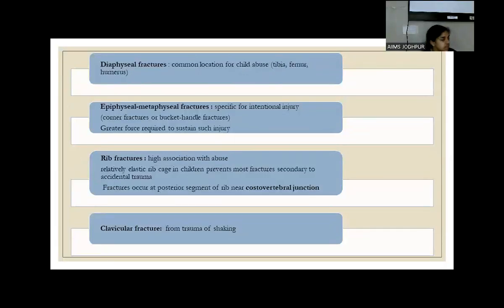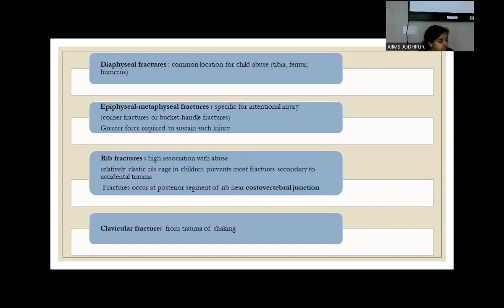Then it can be diaphyseal fractures, that is actually the most common location in the tibia, femur, or the humerus. There may be epiphyseal, metaphyseal fractures. These are very specific for children with intentional injuries. These are called corner fracture or bucket handle fracture, because a very large force is required to sustain such injuries, and a child without a history of sustaining any large force trauma will usually be suspected to have child abuse. And rib fractures also in young children have a high association with abuse, because the elastic rib cage of